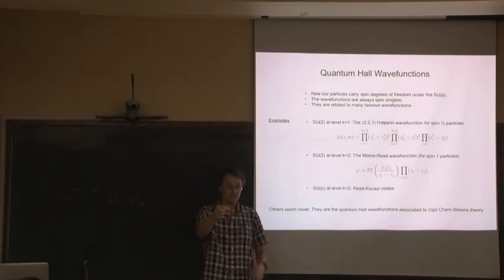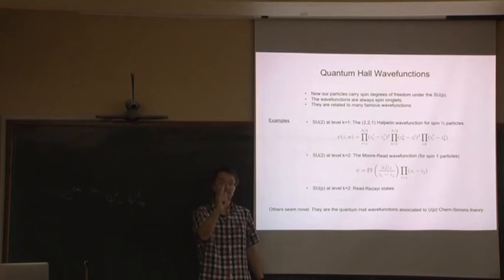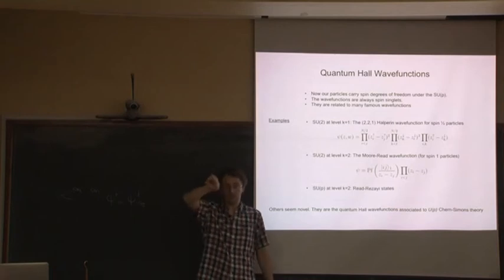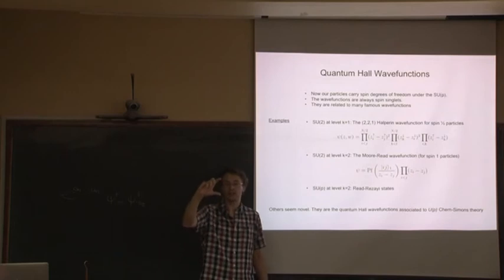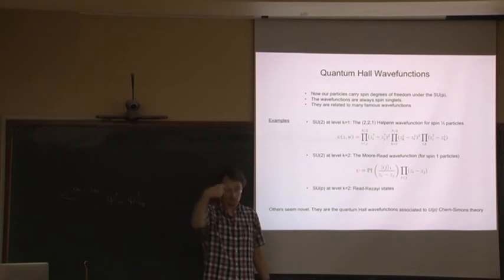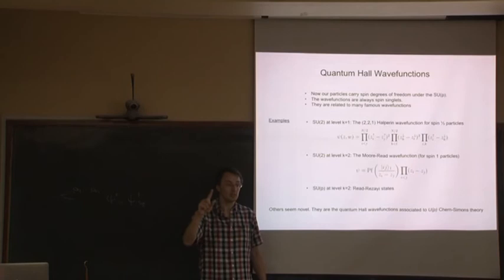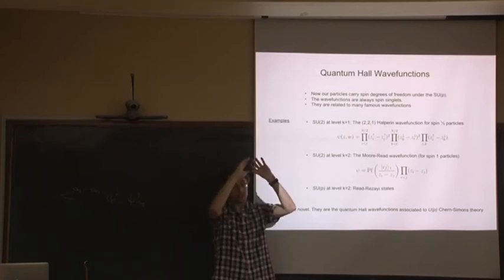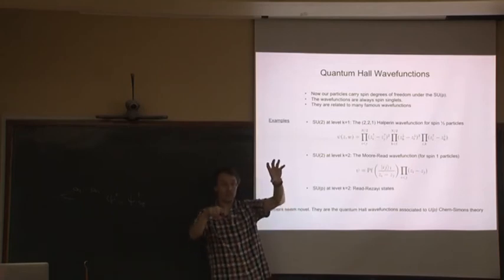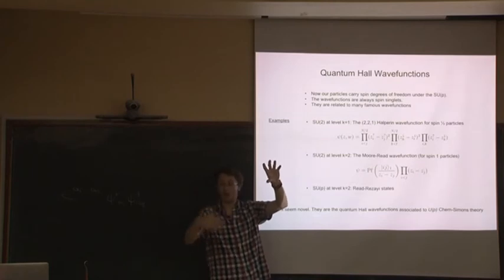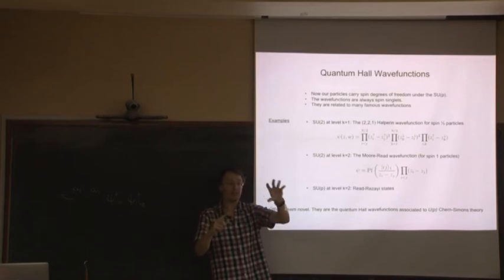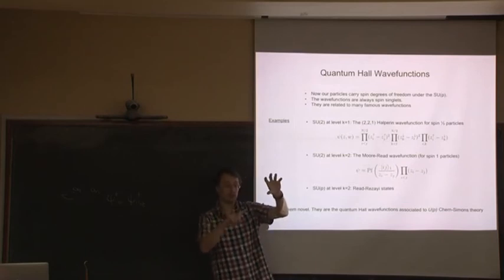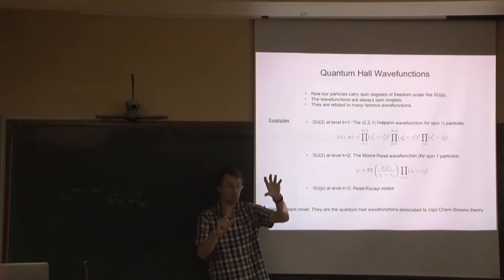Each of these vortices, which is now like an electron, now carries a little spin degree of freedom, which tells you how it couples to the UP gauge symmetry. So each vortex comes with a finite dimensional Hilbert space, which is what you mean by a spin. If the UP gauge theory is a U2 gauge theory, these things are labelled by what you usually call spin: spin half, spin one, spin three halves, and so on. But in general, they're labelled by an SUP spin, how this internal thing couples to the SUP gauge theory.